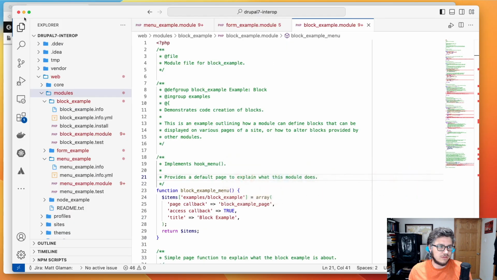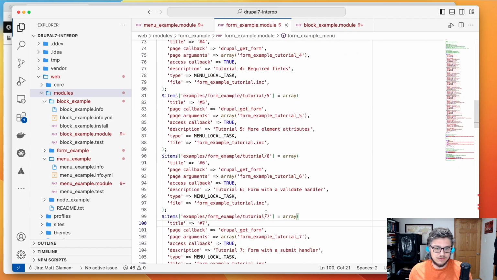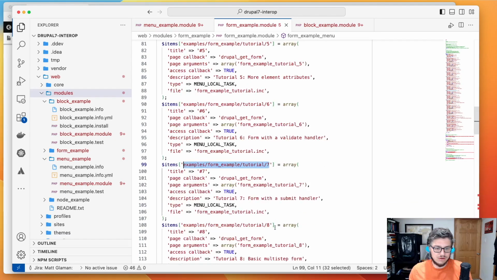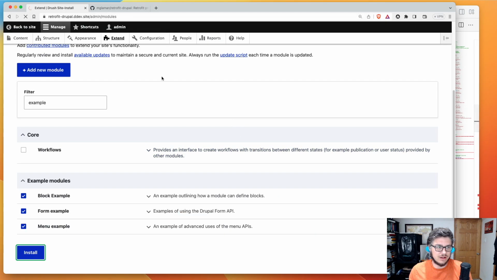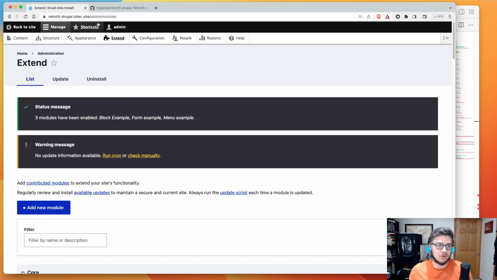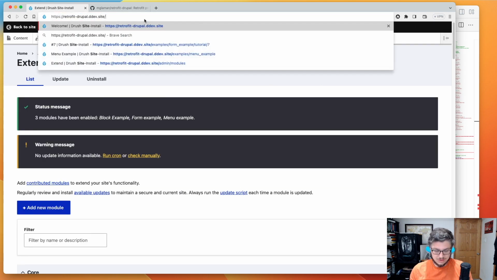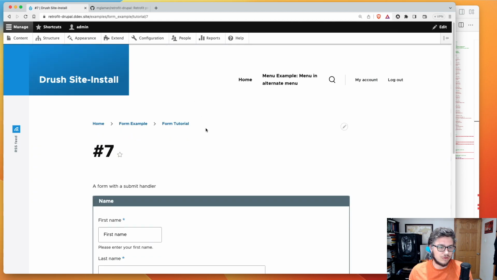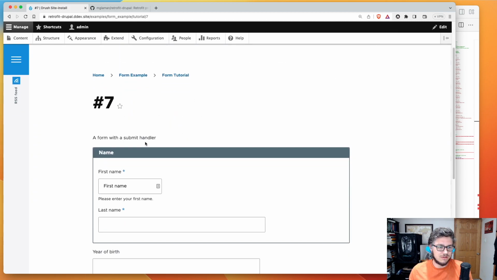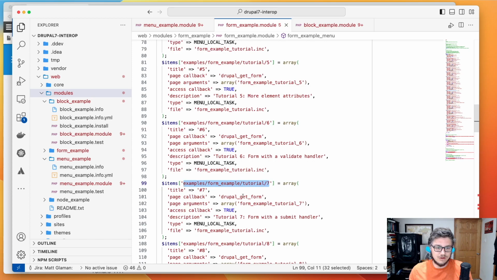So while I wait for this to finish installing, I'm going to go to the form example because I think this is the coolest one. Tutorial number 7 adds a submit handler, and it should also have some form validation in place. And we'll walk through that one. So yeah, forms work. So let's go to the tutorial. As you can see, here's the form with the submit handler. If we go back to the form,